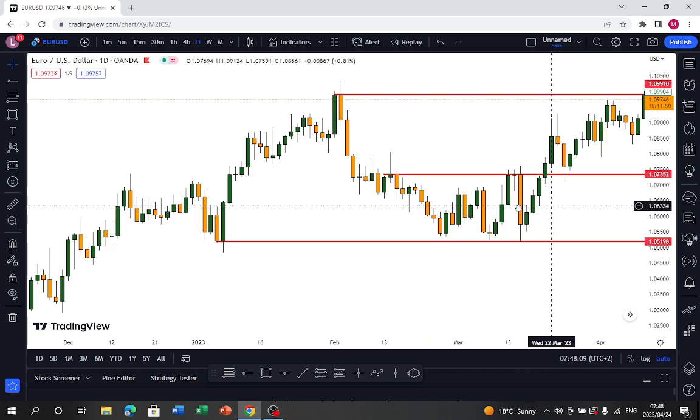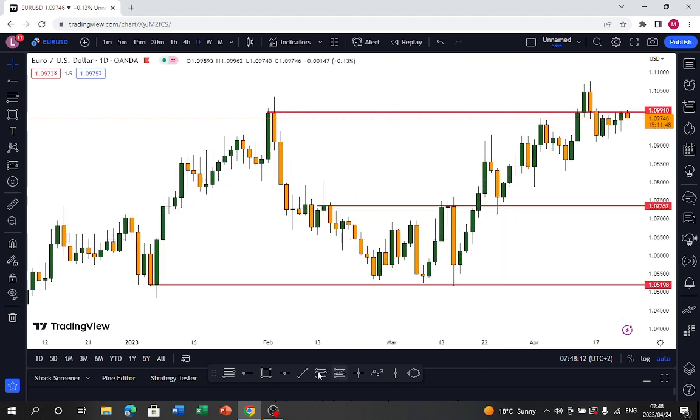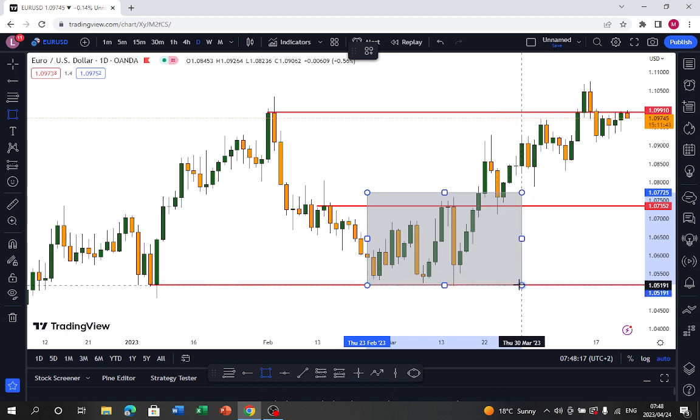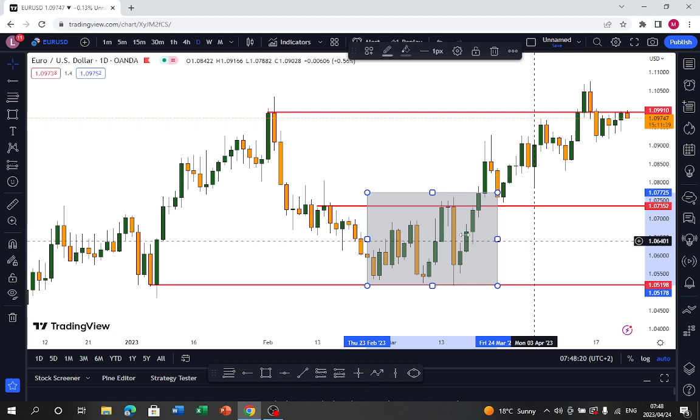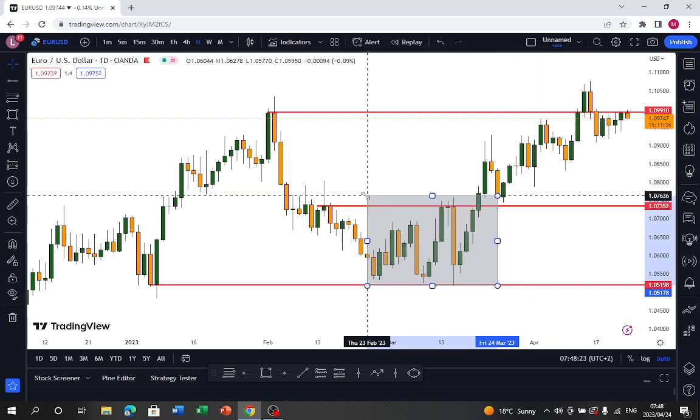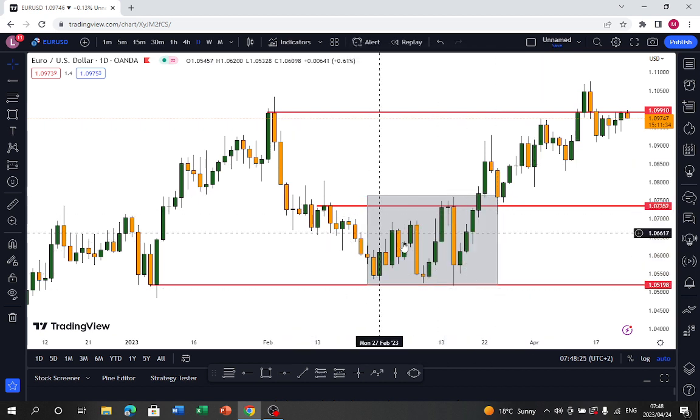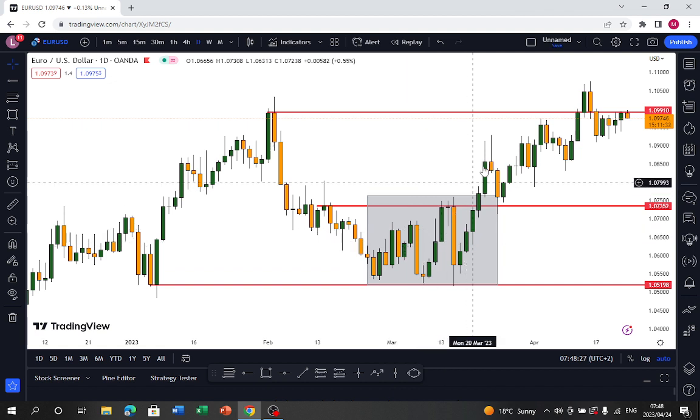So what you remember, we are on this area. I know this can be confusing when you're still new, so I'm gonna mark it like this when we go to a lower time frame, so that you can see where we are talking about. Which area? We are talking about this area right here, right? Then we want to see the market